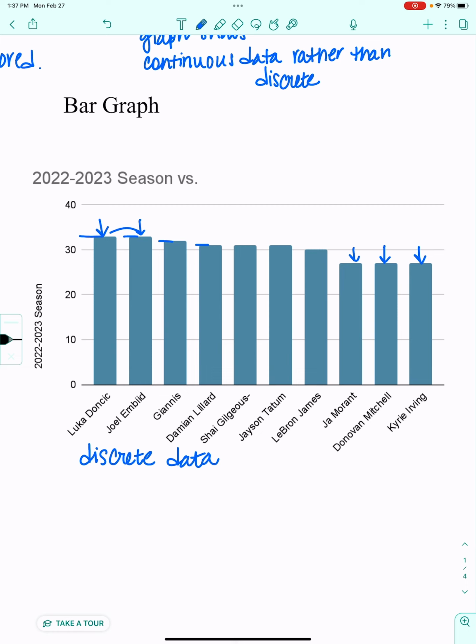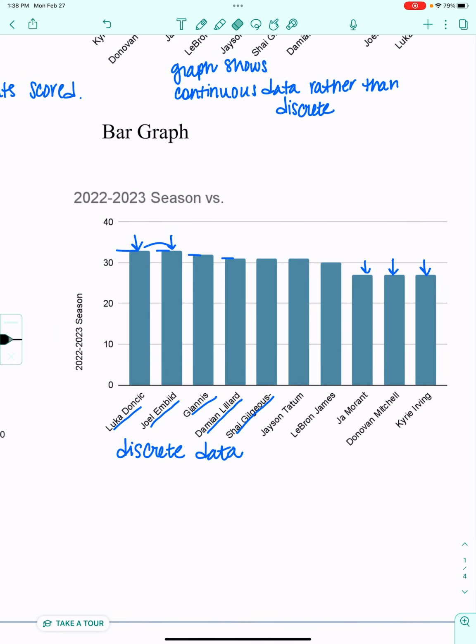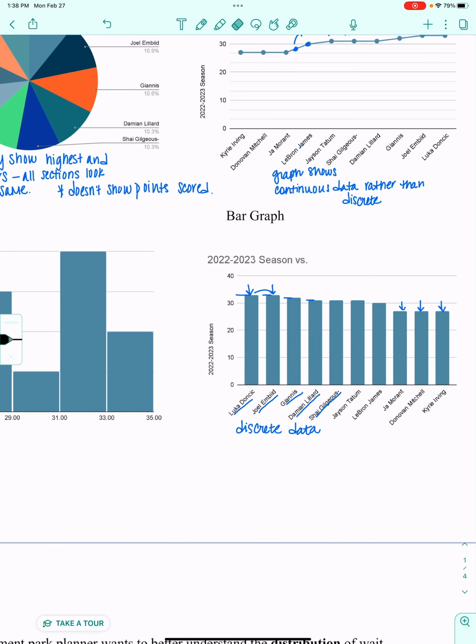Bar graphs also get used to show how many, or the frequency, I guess I should say, of things happening in a certain category. Well, if we consider the names of our players as categories, our frequencies show up on the left axis. So that one looks like it could be okay.